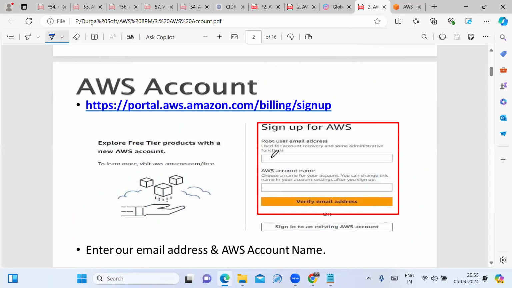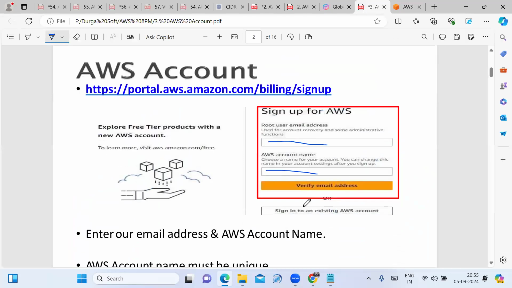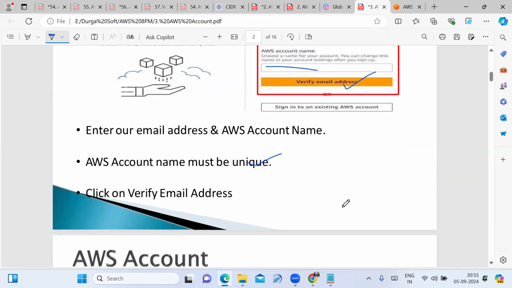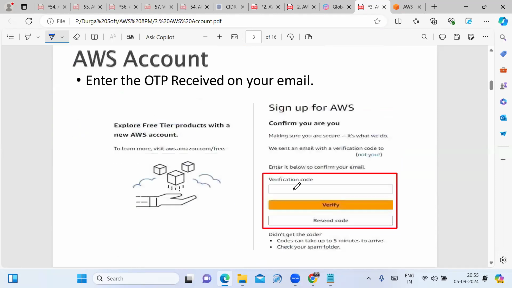Whenever you give your mail ID and your account name, the account name must be unique. Then click on verify email address. When you click on verify email address, you receive an OTP at your mail ID. We have to enter that OTP here and then click on verify.